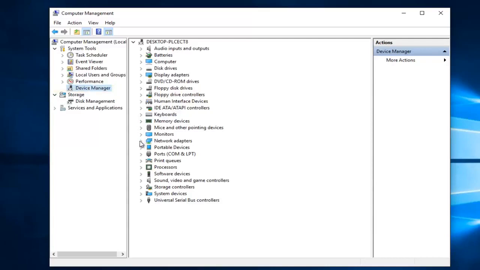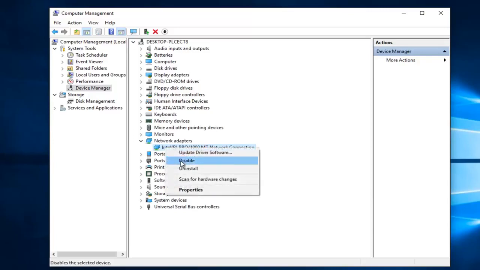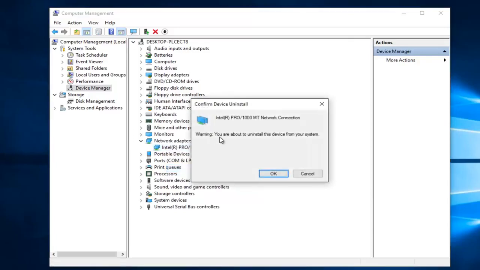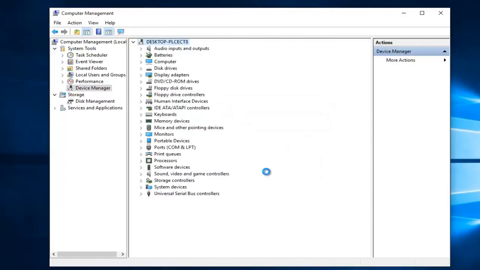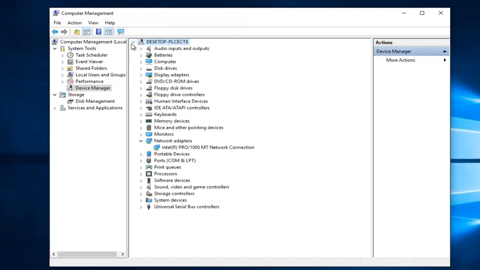Left click on the little drop down arrow next to network adapters. Right click on your adapter that appears below, and then left click on uninstall. Again, this adapter might be different depending on what your computer's manufacturer is. So then left click on OK, and it'll say uninstalling devices. Then you want to left click on scan for hardware changes,